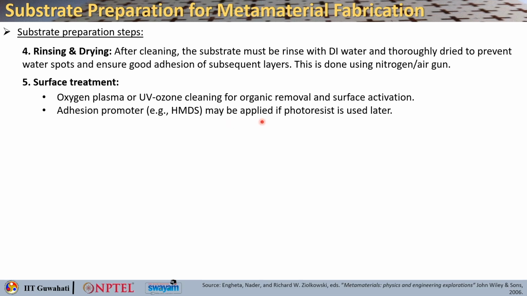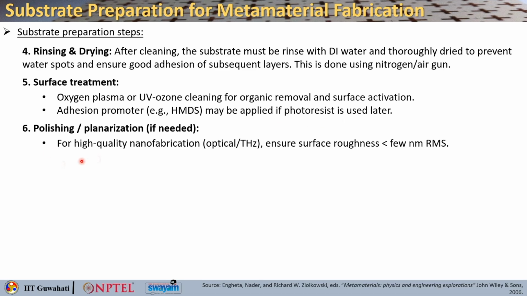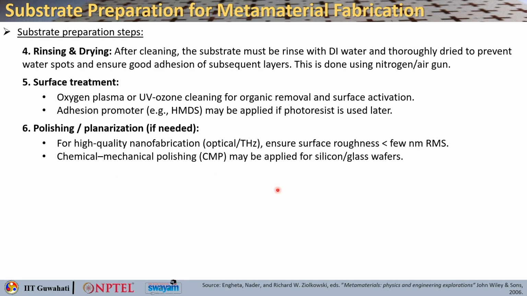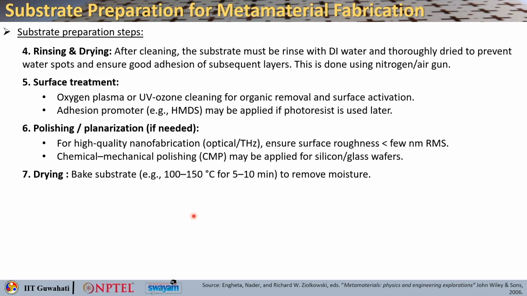which may be applied if the photoresist is going to be used later, and then finally you do polishing or planarization based on your requirement. So, if you want to go for high quality nanofabrication, that is in the optical and terahertz regime, you need to ensure that the surface roughness is below a few nanometers of the root mean square value. Chemical mechanical polishing may then be applied for silicon and glass wafers, and finally you can do the drying,